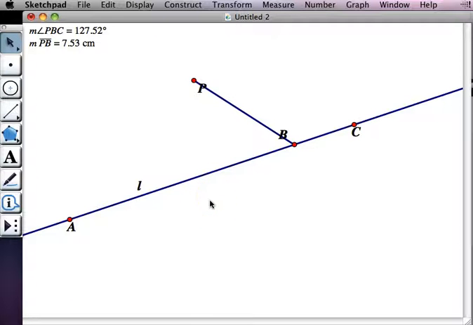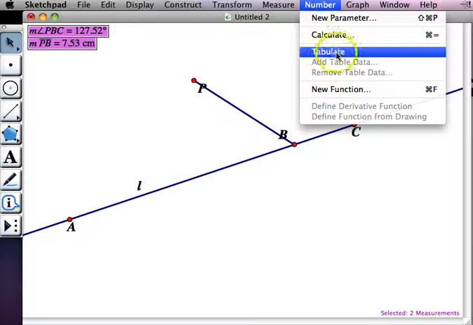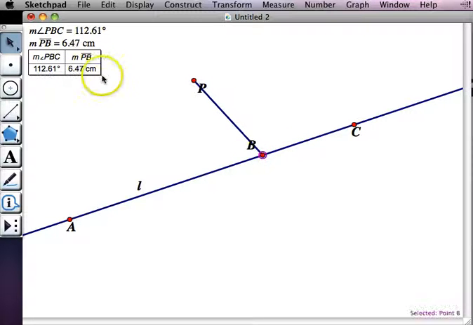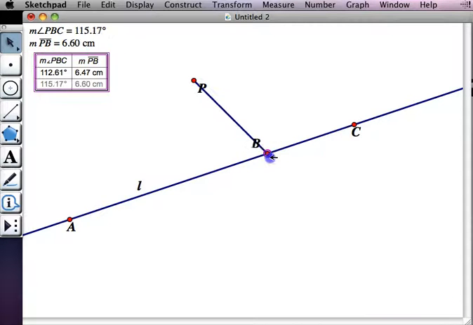Yeah, so as I mentioned, a good way to do that is to tabulate. If I don't have anything else selected, if I select these up, I can go up to number, and I can click on tabulate, and it'll keep a little tab for me. So when the angle was 127, this is the length of that segment. If I move B a little bit and double click in the table,